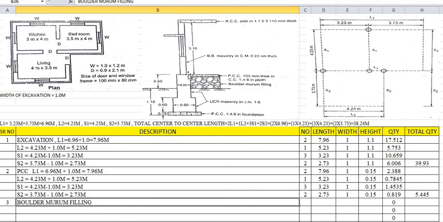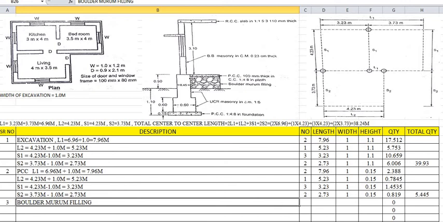That means this 3 meters will be started from this end, whereas this 4 meters will also be started. This same figure will be along x direction and y direction. That means this 3 meters will be started from this line, and this 4 meters will also be started from this line. So this is again very important. How to find out this offset? This offset to be calculated is very important.